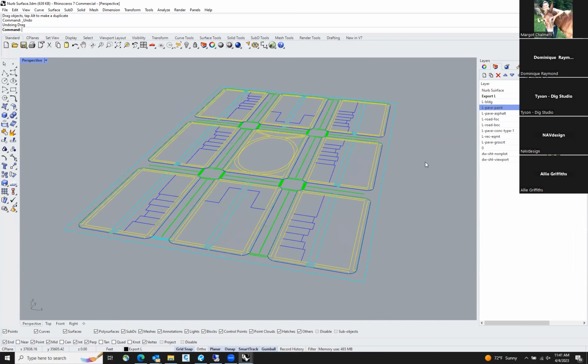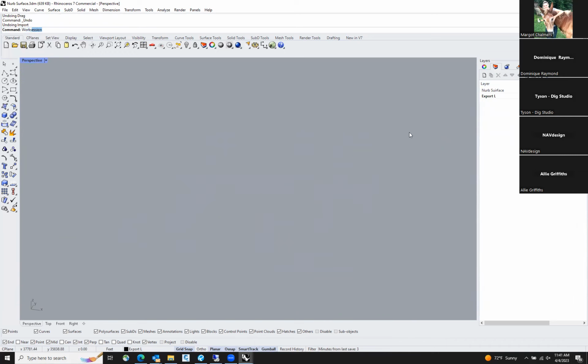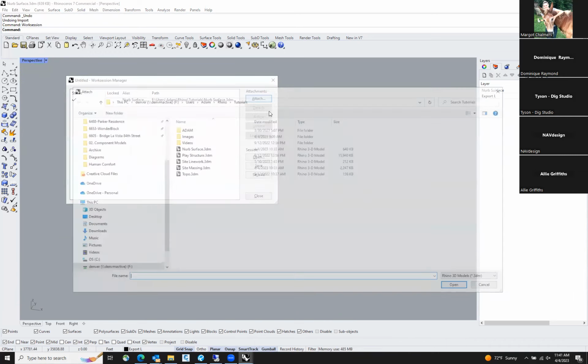I don't like to do the import straight from CAD or Civil, because sometimes you're working with 300 different layers and it'll really dirty up your Rhino file. So I'm going to undo that. I'm going to go into work session. I'm going to attach